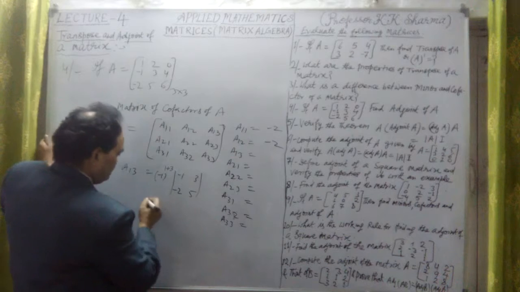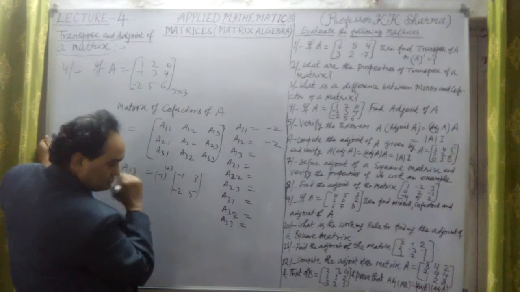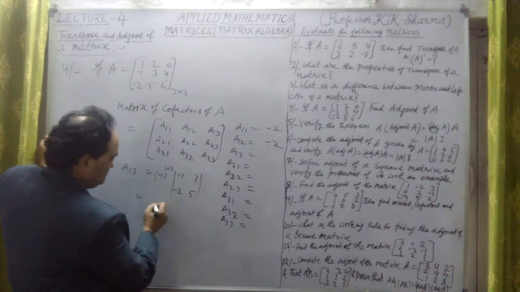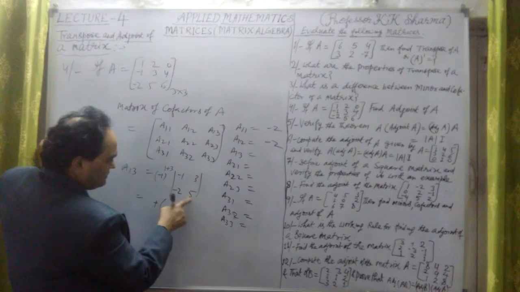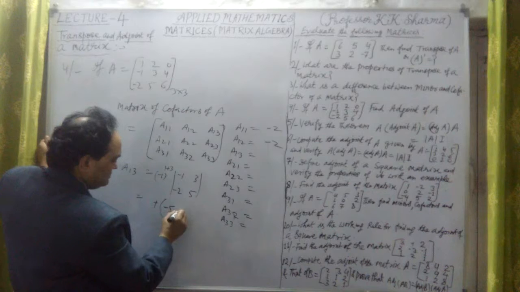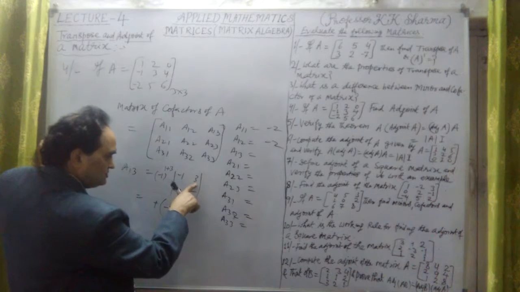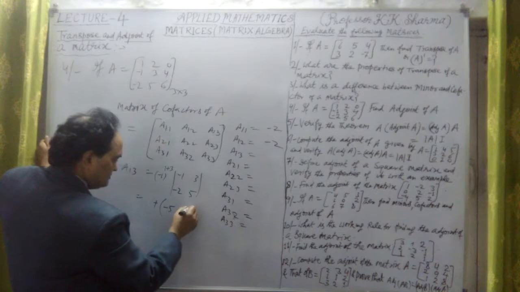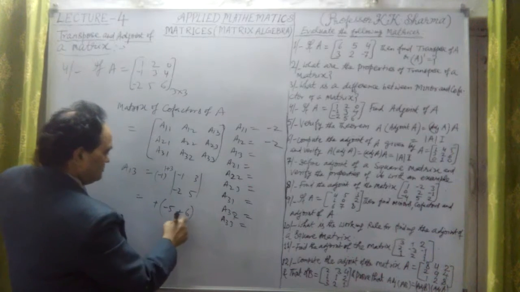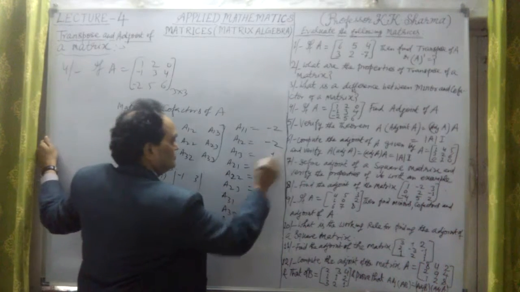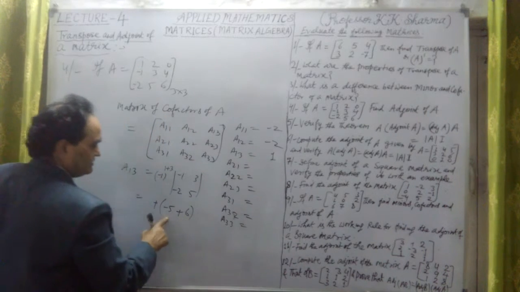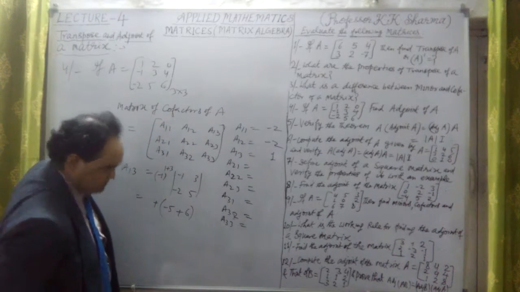Now this is positive. So minus 1 into 5 is minus 5. Minus sign we keep in between. This is minus 2 into 3 is minus 6. So minus 5 plus 6 is plus 1. It is 1. Okay, so this